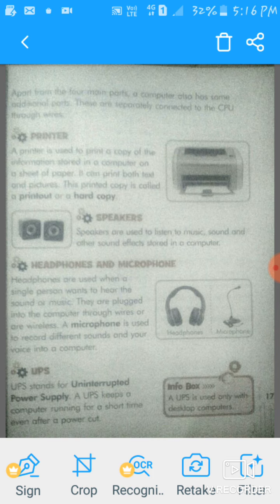A printer is used to print a copy of the information stored in a computer on a sheet of paper. It can print both text and pictures.